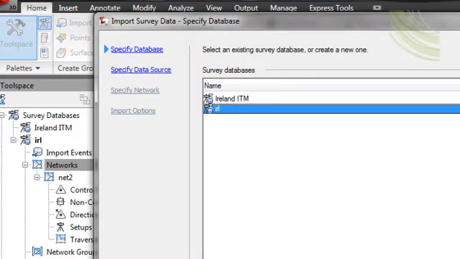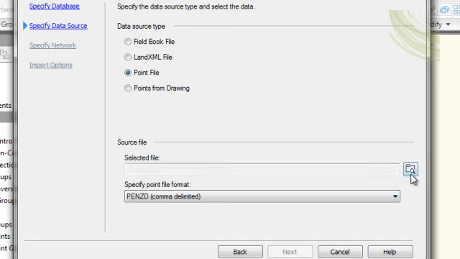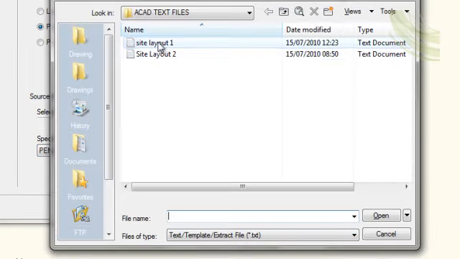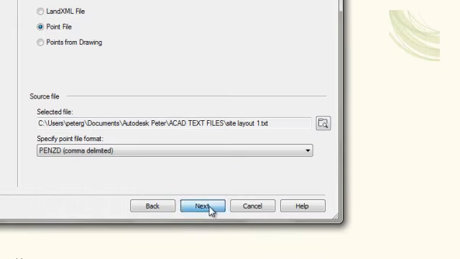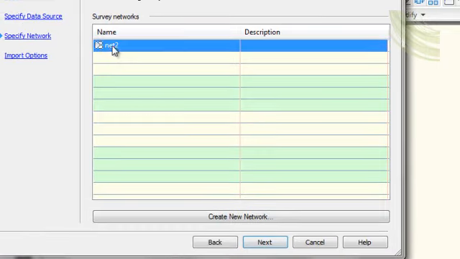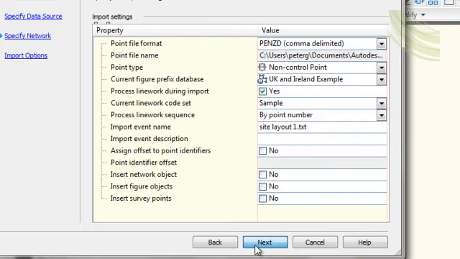Selecting the IRL database, click Next. Making sure that you've specified a file format PENZD, select the file Site Layout 1 and click Open. Click Next. Selecting Network 2, select Next